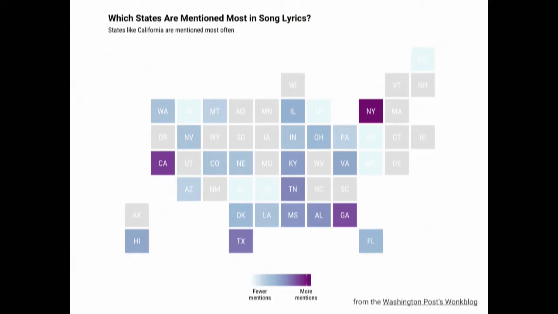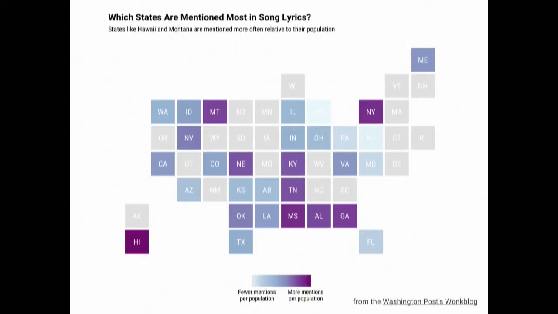And as I'm sure you can imagine, among the U.S. states, New York is actually referencing New York City. But perhaps you think, well, California is a very large state with many people in it. So maybe what we're actually interested in is which states are mentioned most often relative to their population. And we can make a map like this. So we can get to these kinds of insights by finding which states have a lot of pop culture impact relative to how many people live there, using tidy data principles, because we've converted our data to a tidy form, just by counting and working on term frequency.